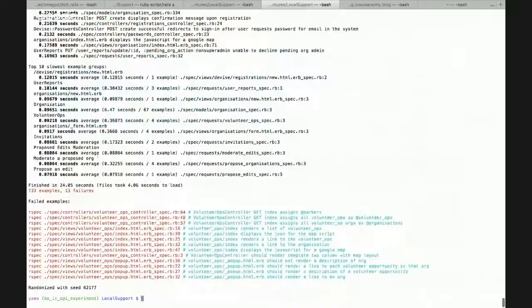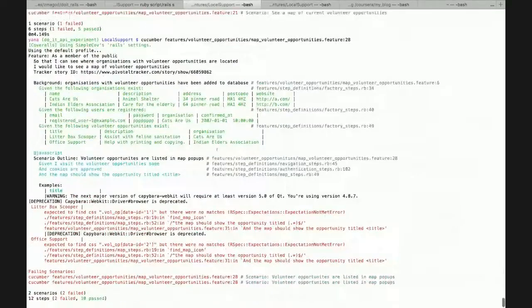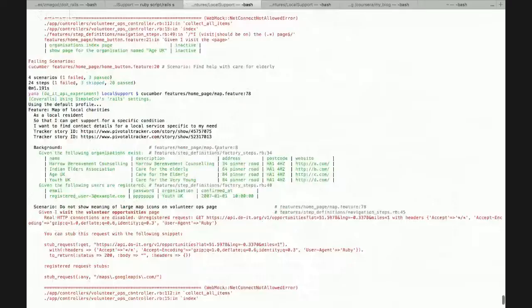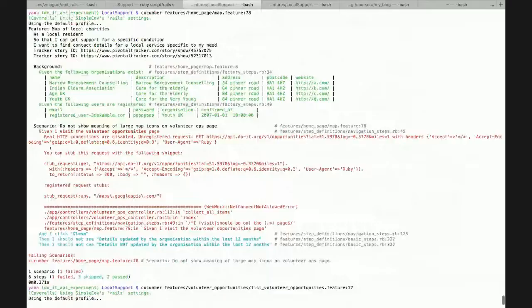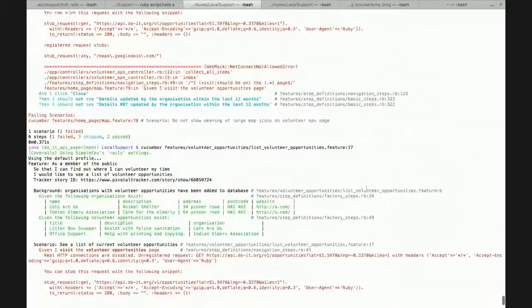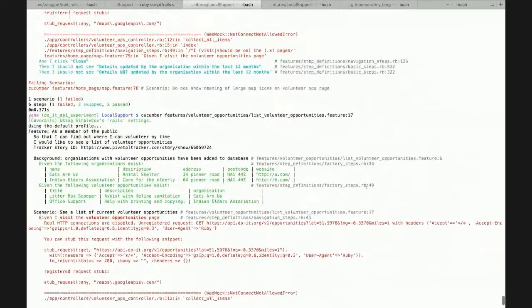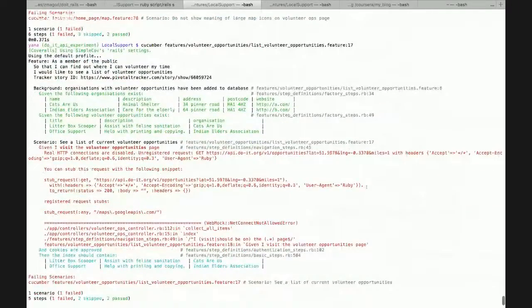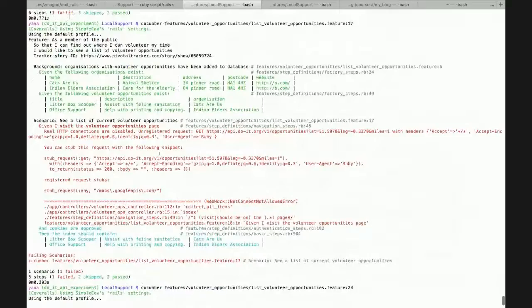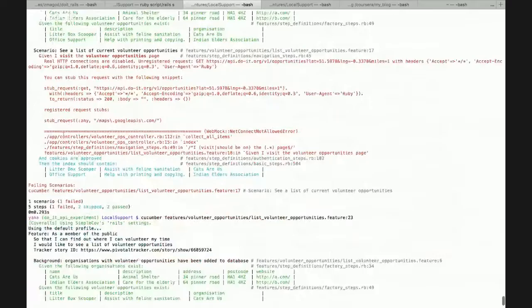So that's all in spec. With Cucumber, I just ran all of this. There are 8 errors, and 6 of them, I will show you, are typical. They're also about stubbing. And 2 of them are quite different, and I'm not sure why they're failing. I'm not there yet. I think it's also stub,